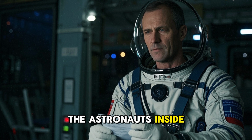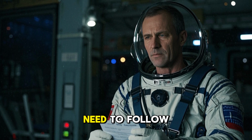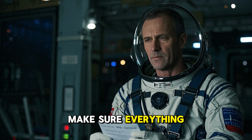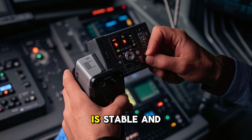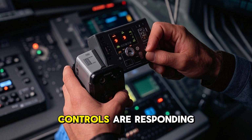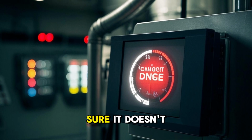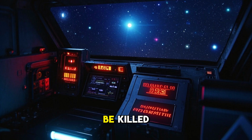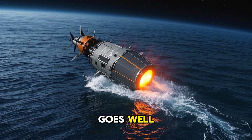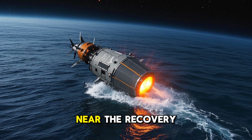The astronauts inside are strapped in and protected by their spacesuits, but they still need to follow a checklist to make sure everything is working properly. They need to make sure that the command module is stable and that the flight controls are responding correctly. They also need to monitor the temperature and make sure it doesn't get too high. If anything goes wrong, the astronauts could be killed. But if everything goes well, they'll be able to land safely in the ocean and splash down near the recovery